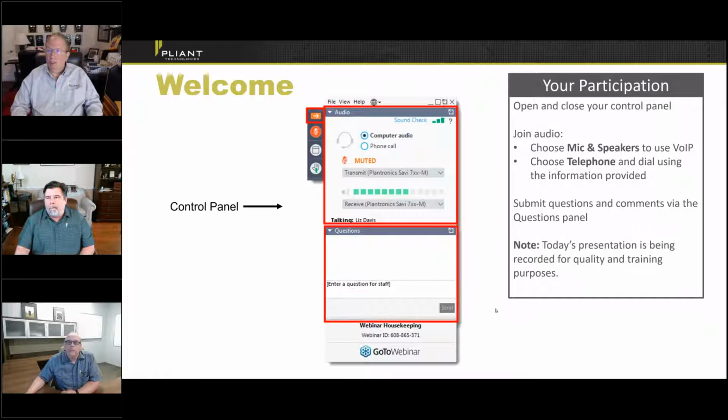While using the webinar, you have a control panel. That control panel has a number of options for you, including questions. You can enter your question directly at the bottom. We'll do our best to answer you in real time. We may wait a bit if that section is coming up that will address your question. And we're going to do something a little bit different today. At the end, we're going to attempt to open up microphones for people to be able to ask questions live. One of the reasons we're doing that is we have a special guest with us today, David